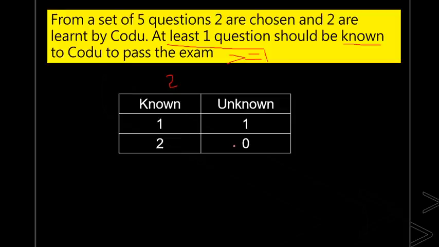Okay. So in this case, how can you write it? What are the number of known and unknown questions? See, from a total of 5 questions, I have learned 2 questions, right? From a total of 5 questions, I know 2 questions, which means how many questions are not known? From the question bank, I don't know 3 questions. Can you all understand this? From the question bank, I know 2 questions, I don't know 3 questions.